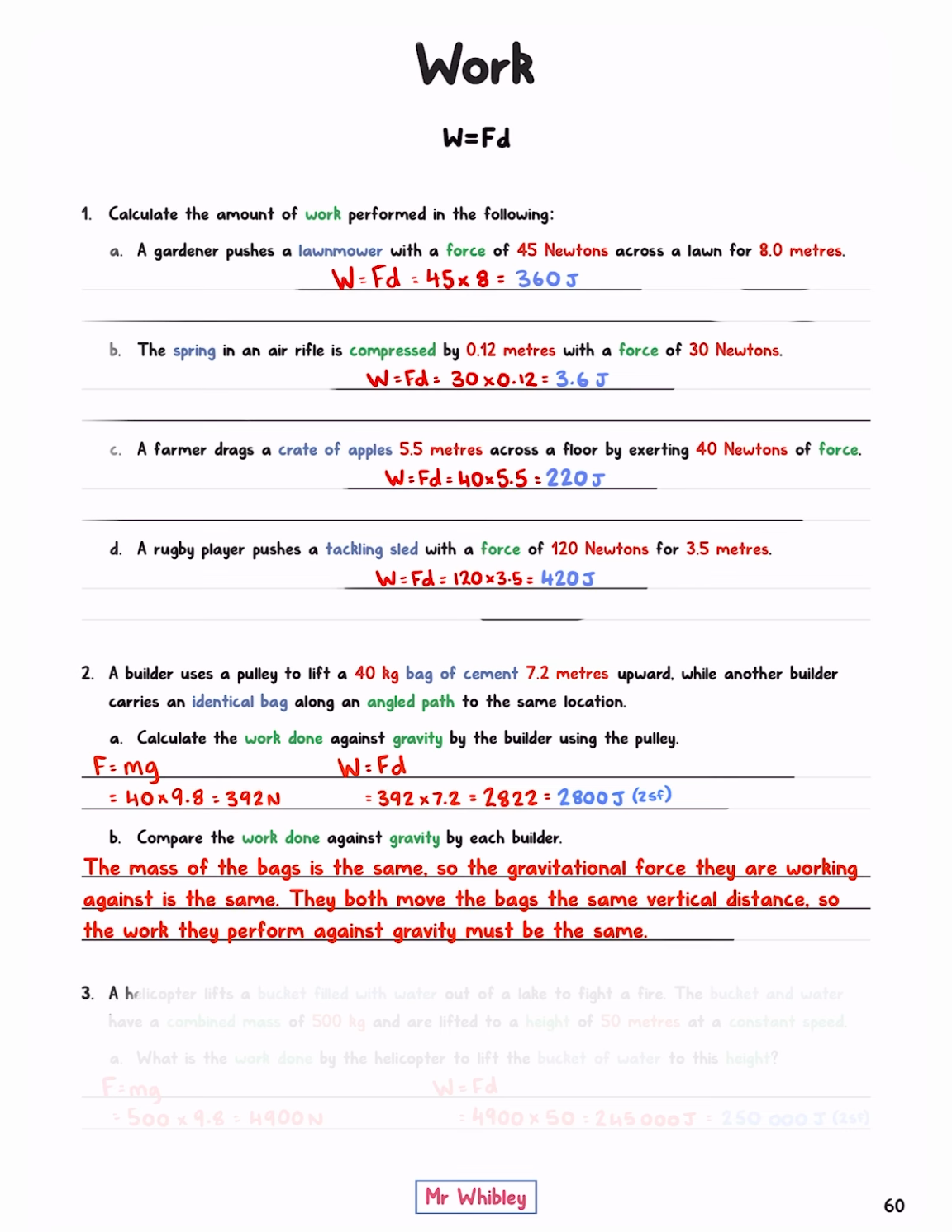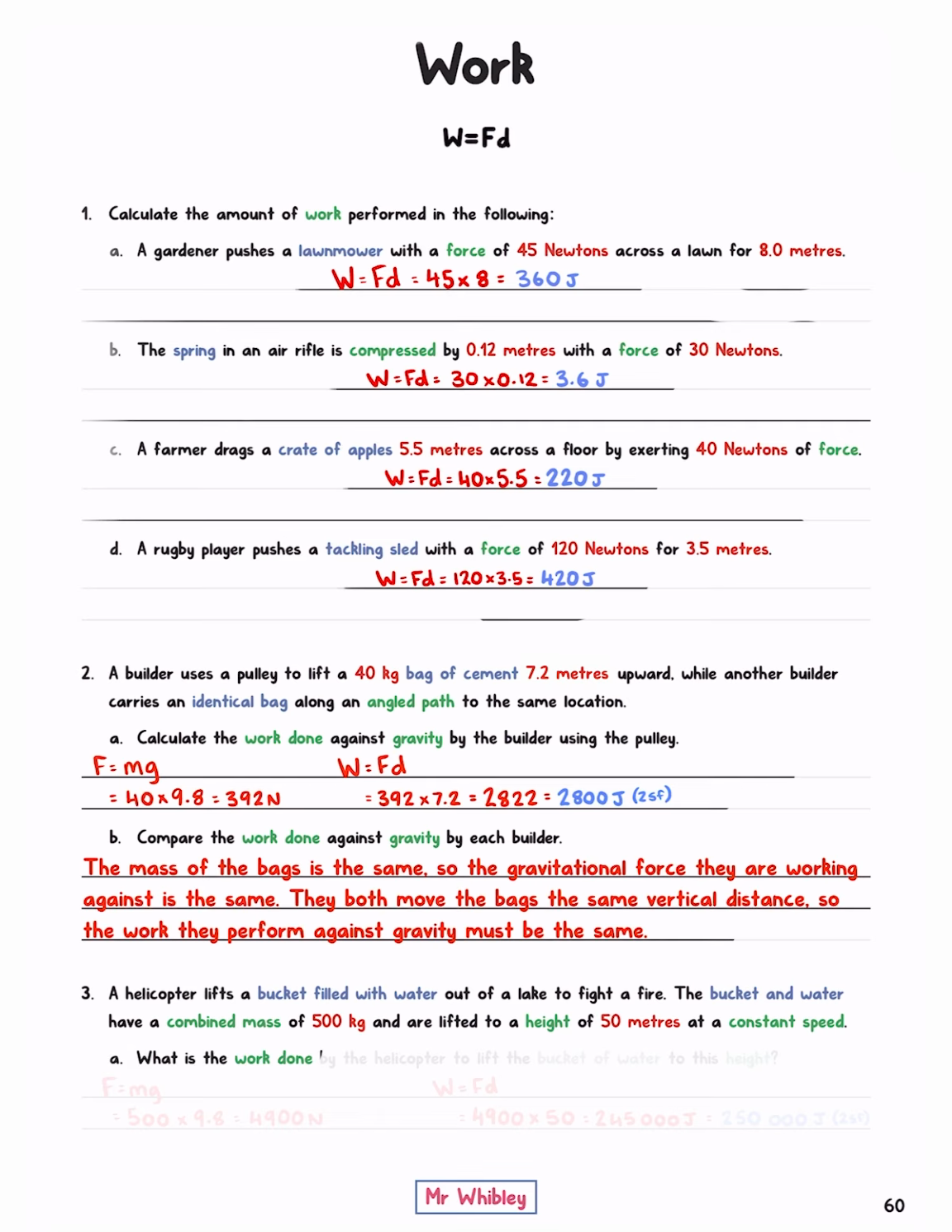Question 3. A helicopter lifts a bucket filled with water out of a lake to fight a fire. The bucket and water have a combined mass of 500 kilograms and are lifted to a height of 50 meters at a constant speed. What is the work done by the helicopter to lift the bucket of water to this